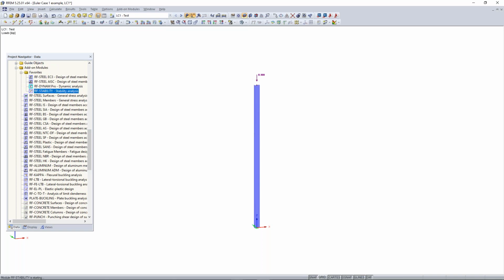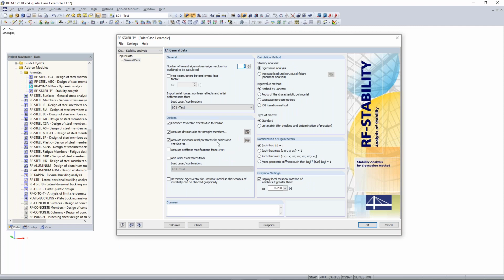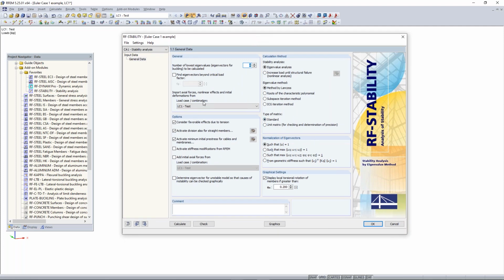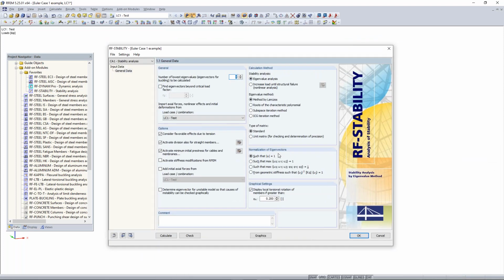But what I can do is go to RF-STABILITY and double click on it. And like I said too, all students have access to all of these add-on modules with the student license. So once the add-on module pops up, this is what it looks like. It's basically just a dialog box within RFEM, and all of the information from your structure in the background is taken into account within this dialog box here. And what RF-STABILITY does is it uses the help of eigenvalues and different eigenforms to